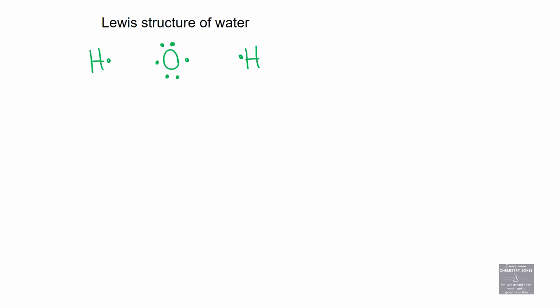we need these things to share so that they can each experience full shells. So if my hydrogen and oxygen get close enough together, this little vacancy and that little vacancy can be filled. So we would say oxygen can share 2 electrons with a hydrogen. Hydrogen only wants 2 electrons in its valence shell, right? Because it only has the first shell available to it. So hydrogen has 2 electrons,